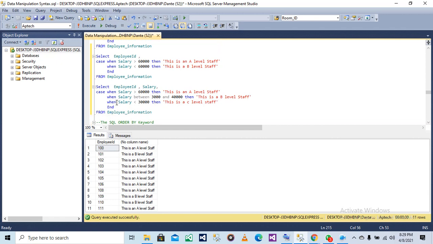The case now: when the salary is greater than 60,000, then this is an A-level staff. Then when salary is between 30,000 and 40,000, then this is a B-level staff. Then when salary is lesser than 30,000, this is a C-level staff. So let's run this.